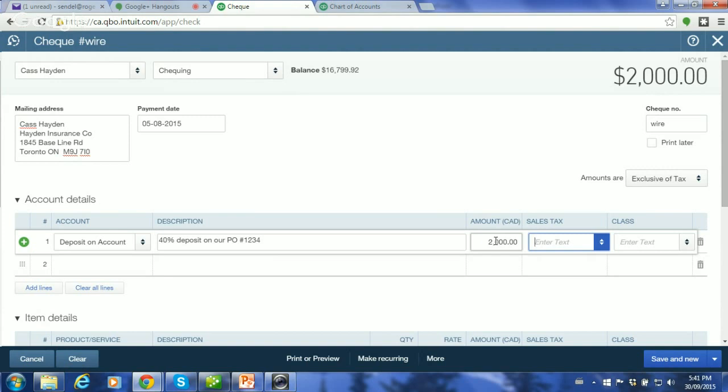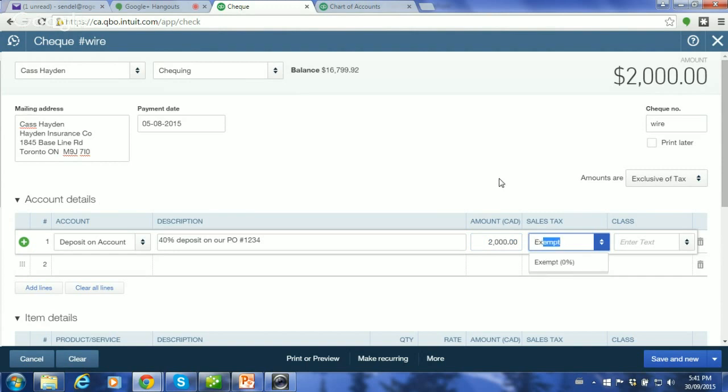Plus, minus, division, multiplication. So if you have to do a long tape of items, you don't need to work with a calculator. You can do it right in the cell. But when you go back into the cell, there's no pop-up box to show what your equation was. So you get what you get.